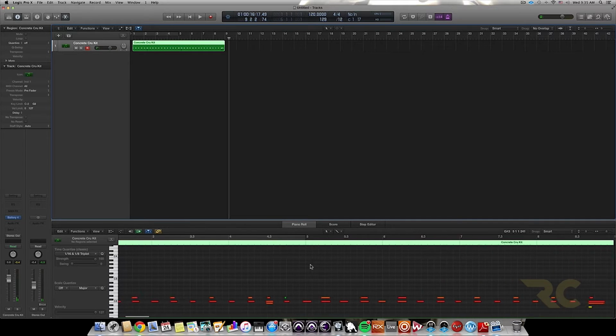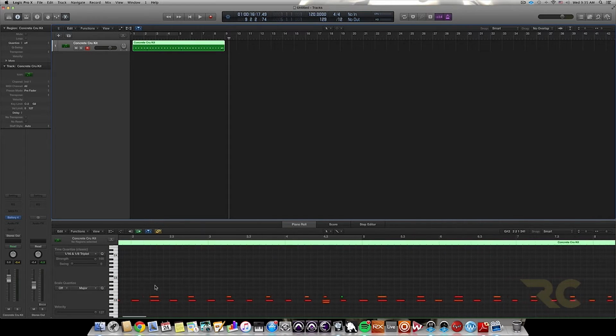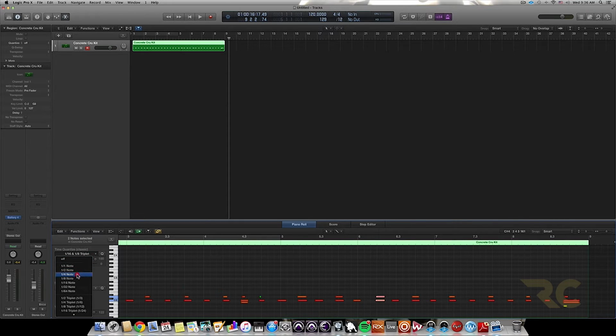Okay, so that was a mess. I played it sloppy on purpose so you can see what this thing is capable of doing. You'll see some of them are drastically away from our grid value. This one here is really far away. I played these purposely in quarter notes. You remember there are 4 quarter notes in a measure, and I got way off time here, but because we're going to quantize this in quarter note value, the first thing I'm going to do